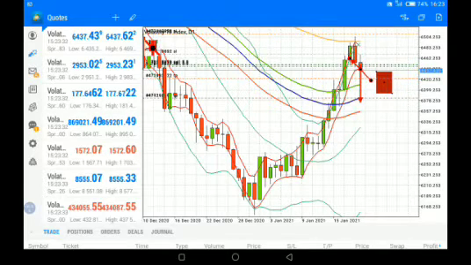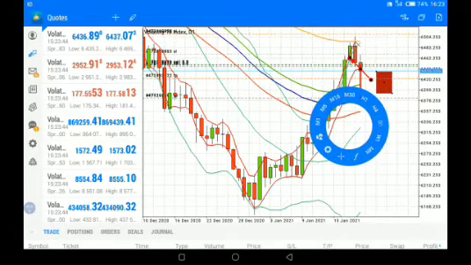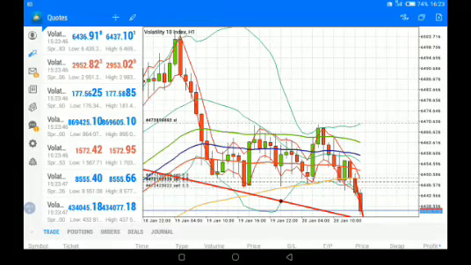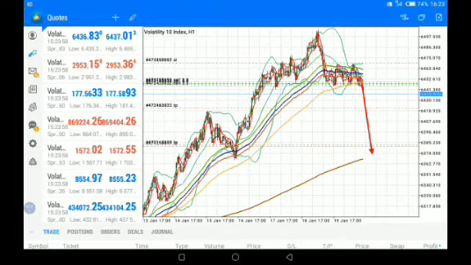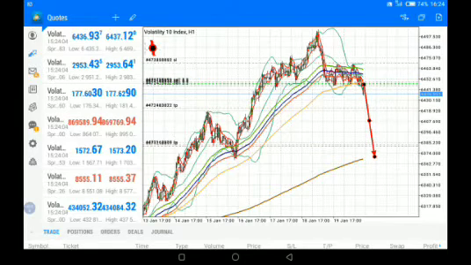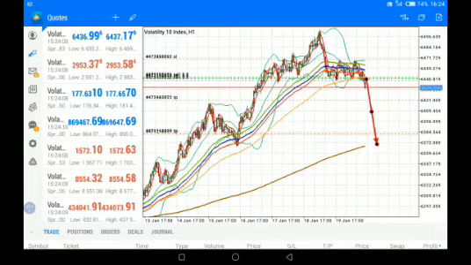Now, knowing this, I needed to look out for an opportunity to sell this market from the H1 time frame. So when I went to the 1 hour time frame and zoomed out the chart, I observed that the market would want to form a head and shoulder pattern, right? So from where price is right now, I envisage the market falling to this level